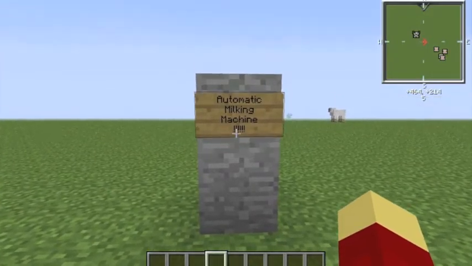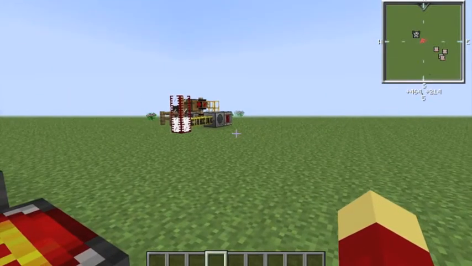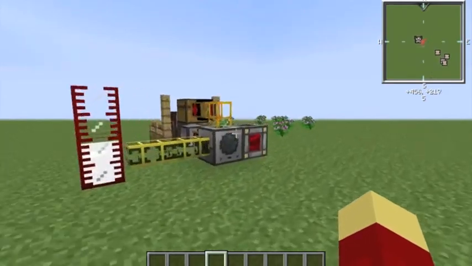Today we are in Feed the Beast and we are going to build an automatic milking machine. So let's get started. As you can see over here, I have set up my automatic milking machine, and